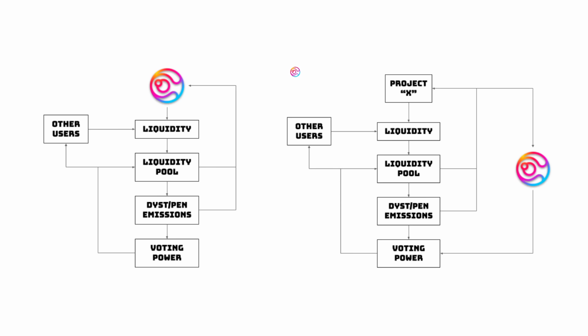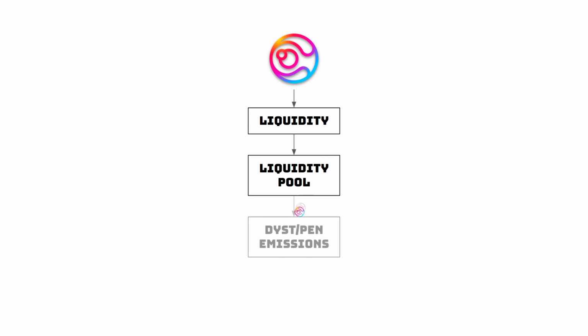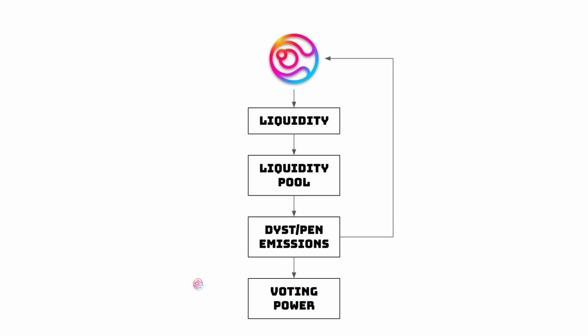So let's see the big picture of how users and Sphere can use Dystopia and Penrose to profit. Sphere will be able to deposit liquidity into liquidity pools to earn Dystopia and Penrose emissions or rewards. With those emissions, Sphere has the ability to sell them for profit or gain voting power in the system. By using that voting power to vote on the liquidity pool they deposited into, Sphere increases the emissions or rewards from that pool. Also, once they vote on a specific liquidity pool, Sphere becomes eligible to earn swap fees from